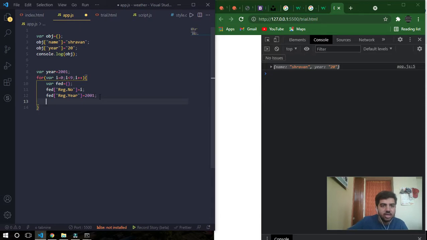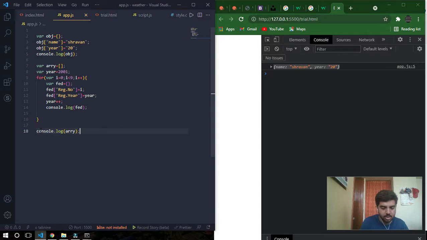I'll also declare an array, var array equals an empty array. I'll push this data inside that array. Console.log fed, and I'll also console log this array.